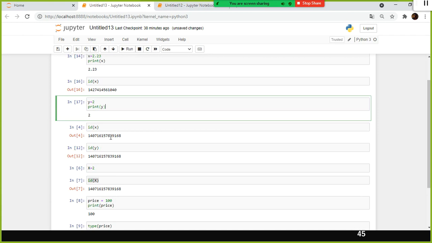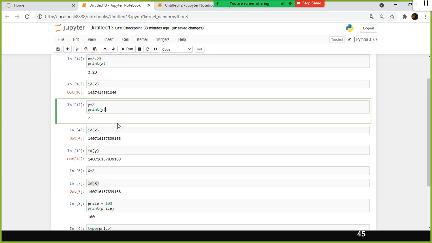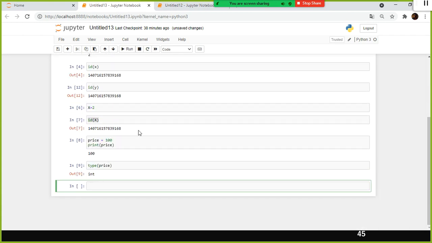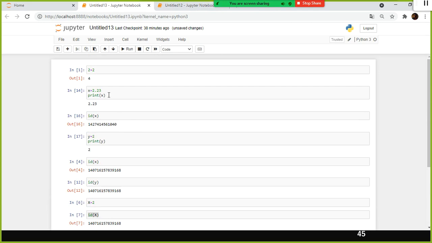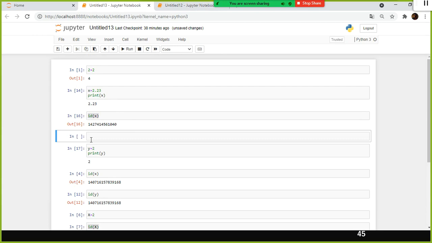So, y equal to 2, and id is nothing but the address. Don't worry, we will discuss it in detail later. So what is the data type of this variable x now? We use a function called type. Why do I call type a function?